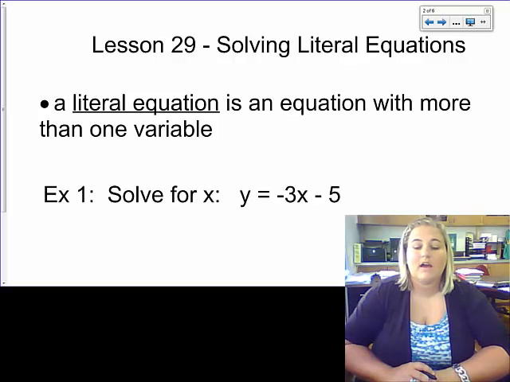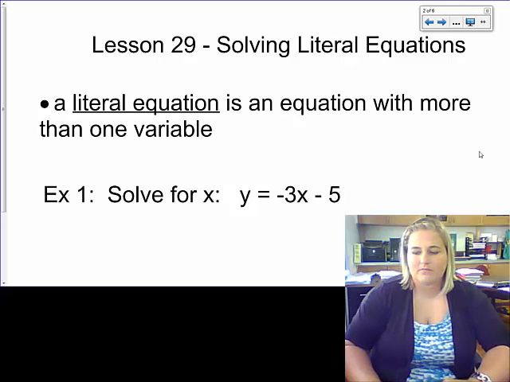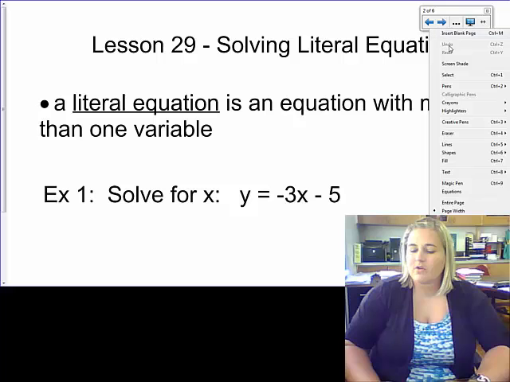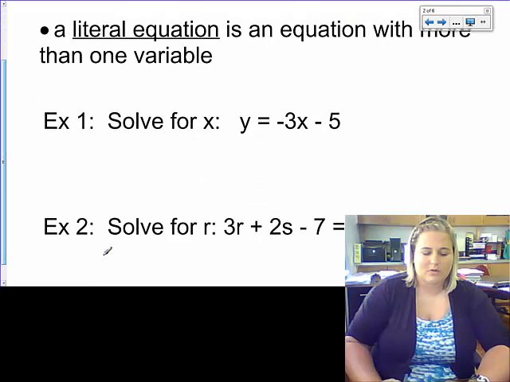Lesson 29, Solving Literal Equations. A literal equation is an equation with more than one variable. So we're going to have equations that have multiple variables that we're going to be working to solve here. So, for example, example 1,